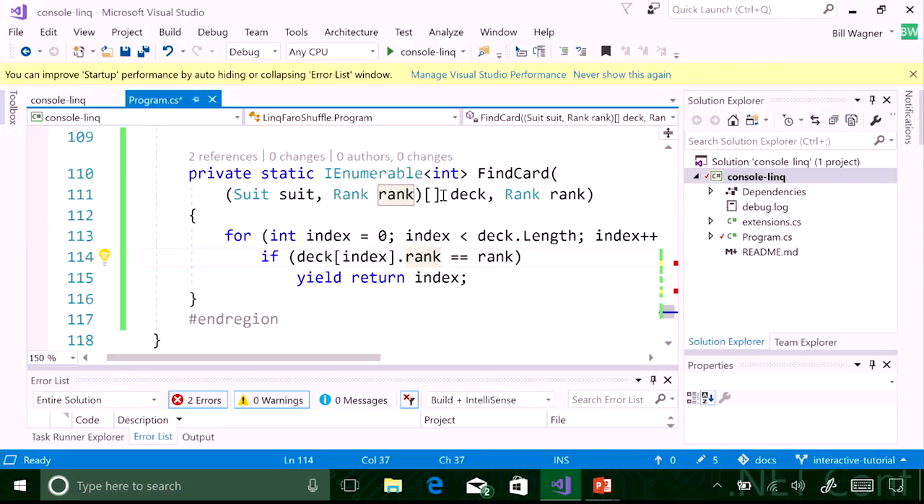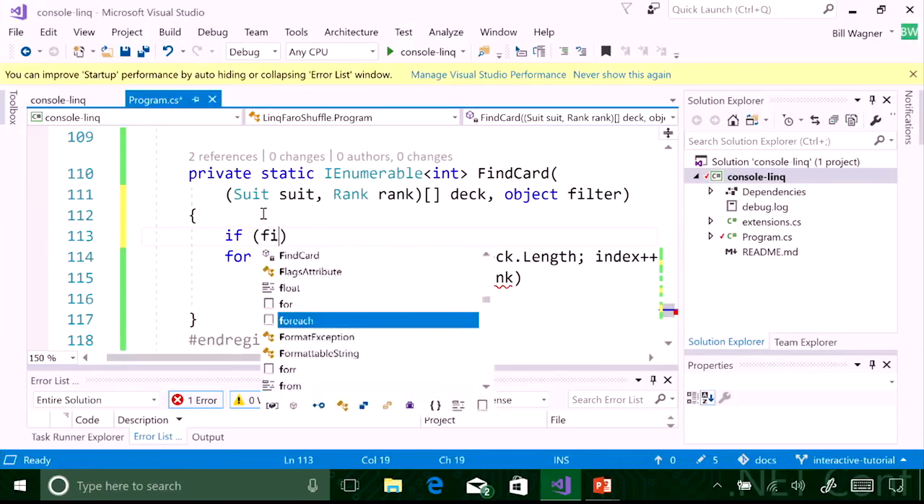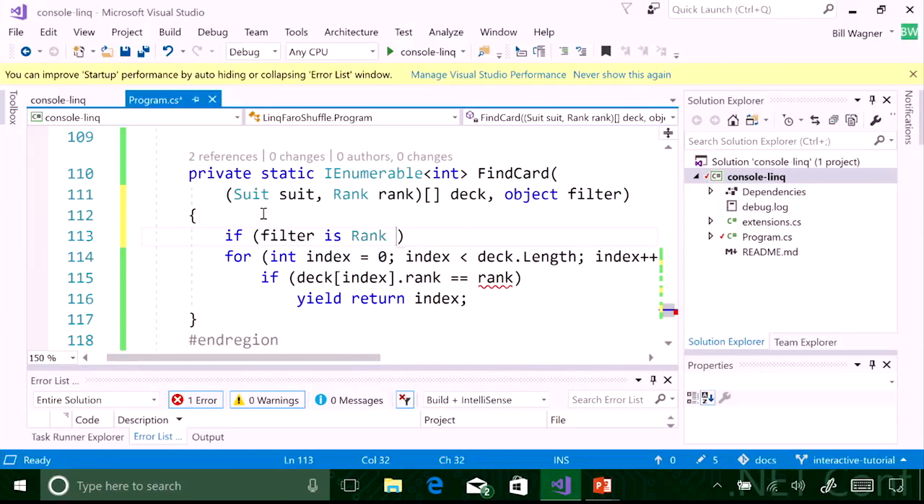So what I'm going to do instead is leverage pattern matching, because really what I'm doing is finding cards that match a certain pattern. Looking for a particular rank or a particular suit is basically a pattern. It doesn't rely on types. It relies on just some property or some set of properties about a card. So let's change this to an object that I'm going to call my filter. And then to make that first part still pass, I'm going to say if filter is rank, and